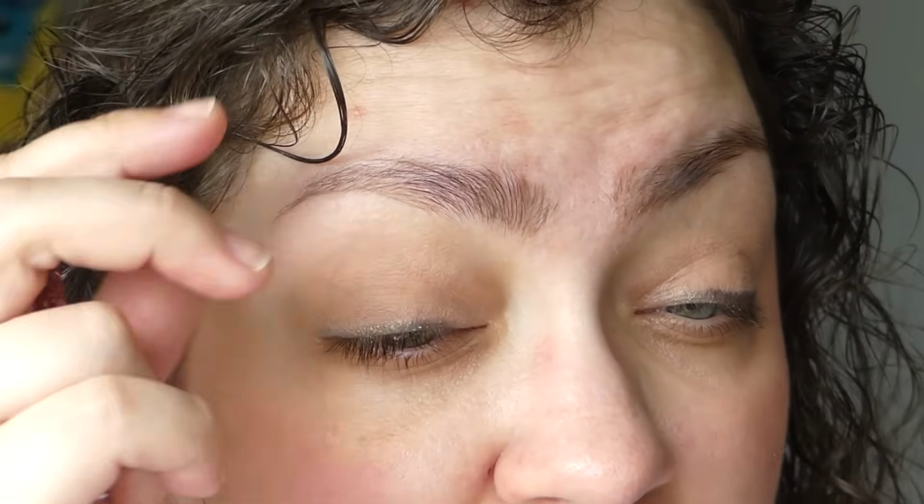Ta-da! So that was a creamy, dreamy, lovely experience. The liner smudged out very nicely. It does kind of take away some of the glitter and the color when you smudge it out. I personally like that because then it softens it on the outer edges, and then I just go over it